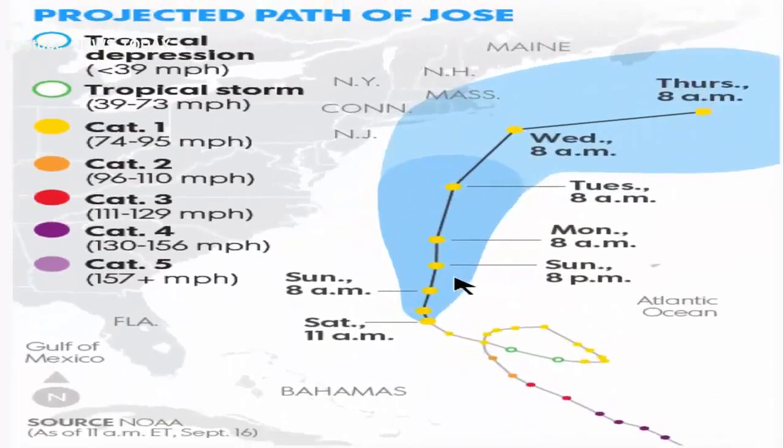Okay, so here's the projected path of Jose, as you can see, all the way up until Thursday at 8 a.m. Now, as you can see here within this cone, there is a possibility that Jose will affect New York City up in that area, or around Massachusetts. There's a chance that it will happen. But I will tell you that if it does affect these areas directly, it won't be a very strong tropical system. It won't be a very strong hurricane at all. It'll just be a category 1. And there's absolutely no chance of it strengthening once it gets up in this area because of the much cooler waters that are up here